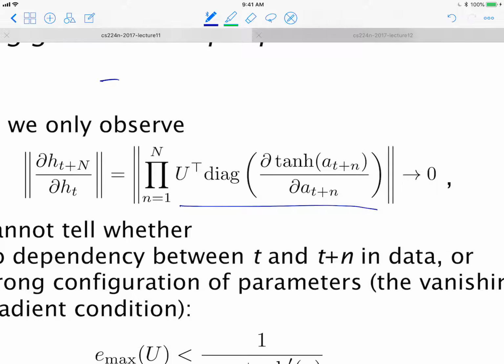So suppose it is a three-dimensional vector, right? And then at this point the output will be u and ht and tanh, right? And then in terms of backpropagation, so we would